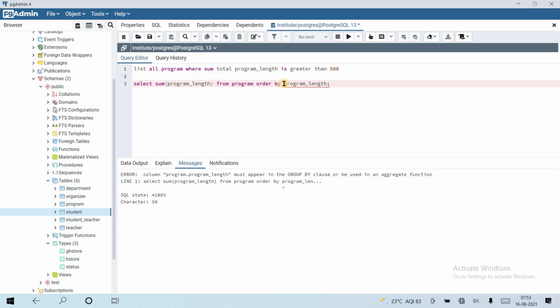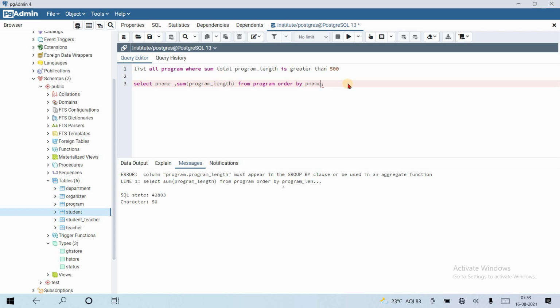Okay, let's use one more column here, p name, and use group by, order by p name, and it's also giving me the same error.